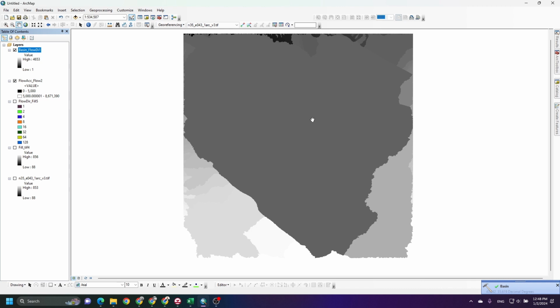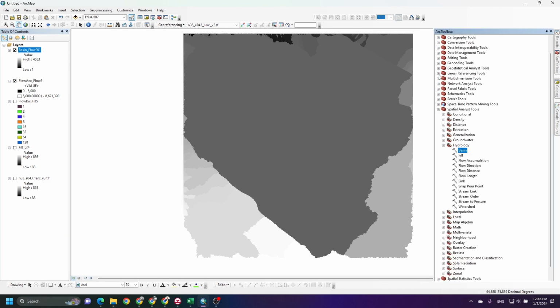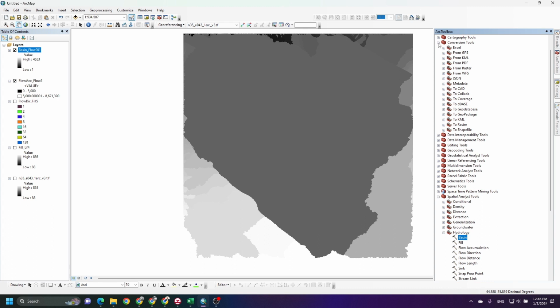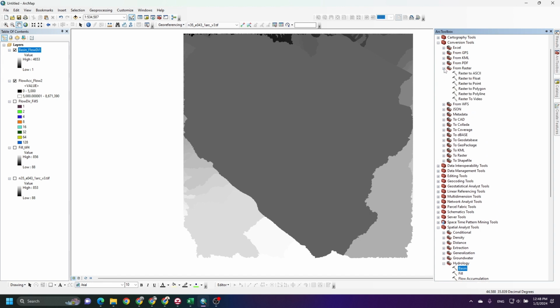Yeah, also we have the basin now and the watershed. We can convert it here in the conversion tool, from raster to polygon.